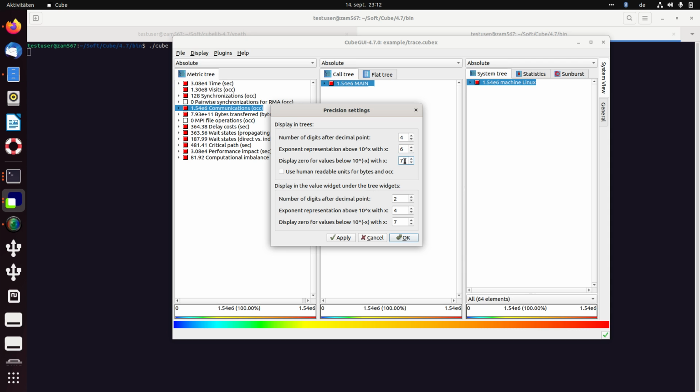the user can extend this range and display them, or, the opposite, one can hide larger, not relevant values. For example, if we know that every value which is less than 10 to the power of minus 2 is not relevant in our case, we can display it simply as a 0. One can also display bytes occurrences in human readable units, which means if we have, for example, more than